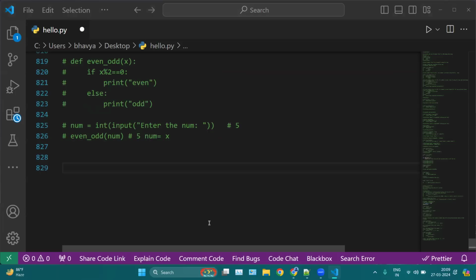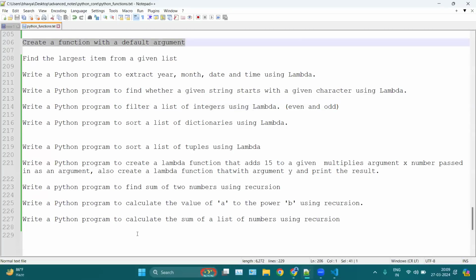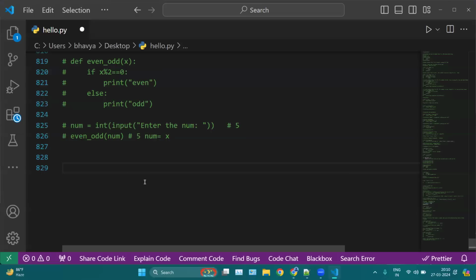Question number one: create a function with a default argument. So how do we create a function with a default argument? We can start with def, and let's say the name of your function is funC. Here we can mention name equal to